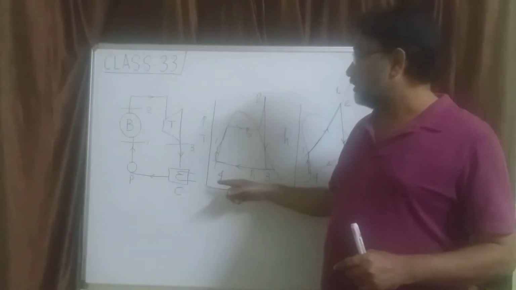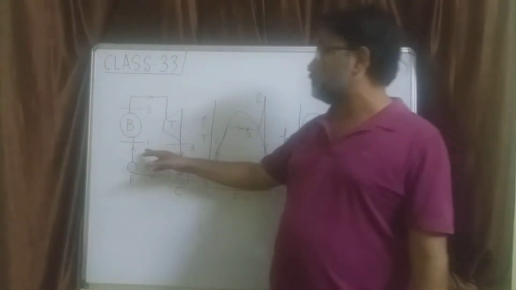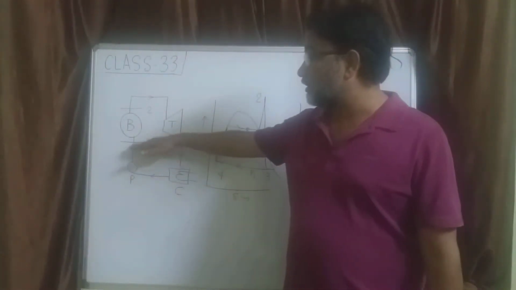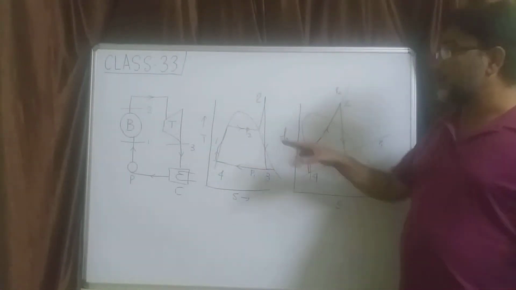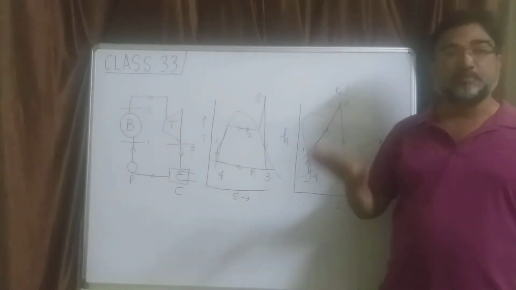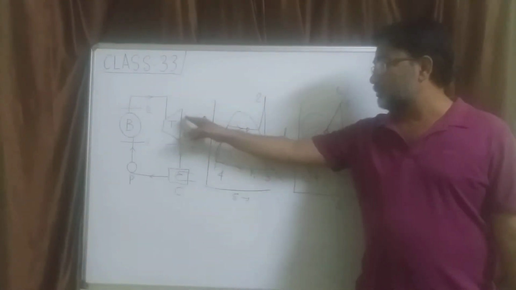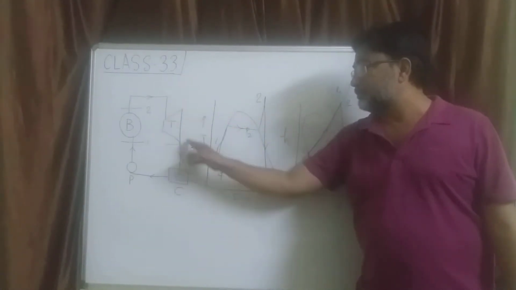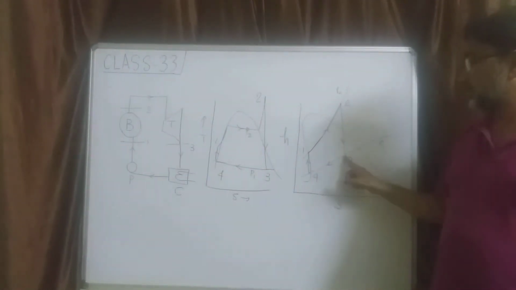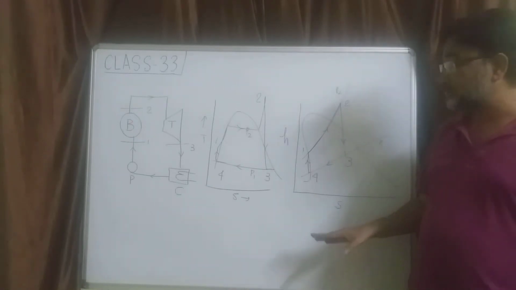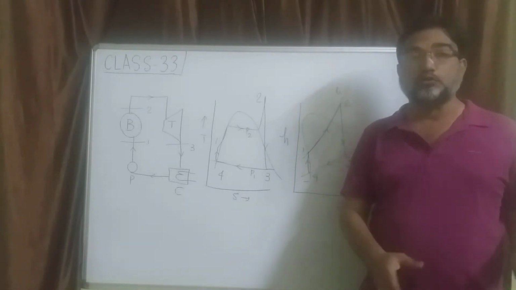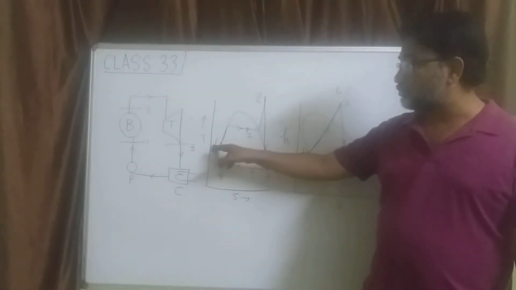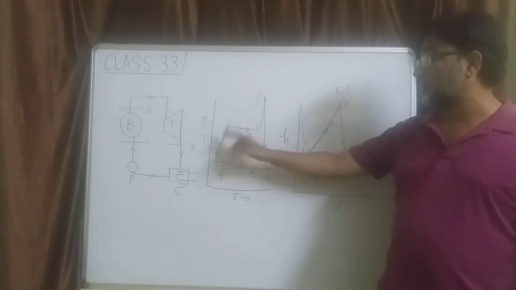So what I am trying to tell you is that when the working substance goes past a particular unit, say 1 to 2, it undergoes a change of state, and that is represented here, 1 to 2. When it goes past the turbine, it's a reversible adiabatic expansion of steam. So across the turbine it is represented by 2 to 3. It's a reversible adiabatic expansion process, therefore it is an isentropic process. We know when a process is reversible and adiabatic both, then it is isentropic. Isentropic, therefore it is a vertical line. Similarly, the pump is also an isentropic compression process, so it is a vertical line again.